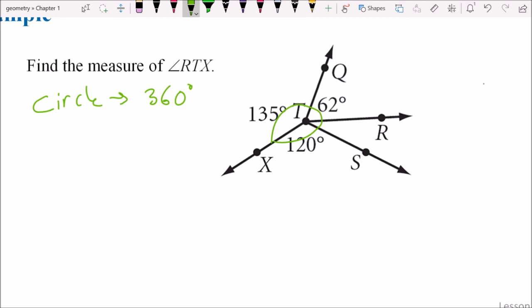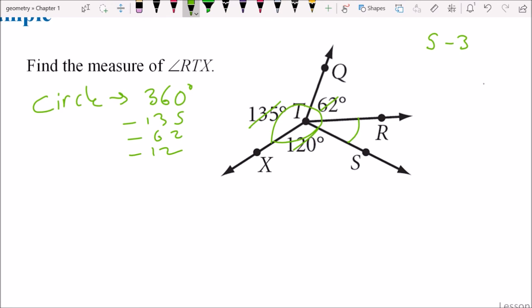Well, let's start taking away angles. And when I say take away, guys, I'm using that to kind of hint back to elementary school when you might have said, maybe you learned this as 5 minus 3. Maybe you learned it as 5 take away 3. I'm literally taking away like sort of slices of pizza here. And so I'm going to take away the 135, and I'm going to take away the 62, and I'm going to take away the 120. So take away, take away, take away. What's left? What's left is the angle or the sort of the slice of pizza that I was interested in